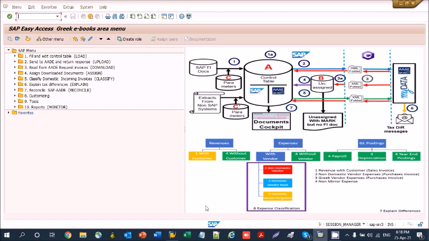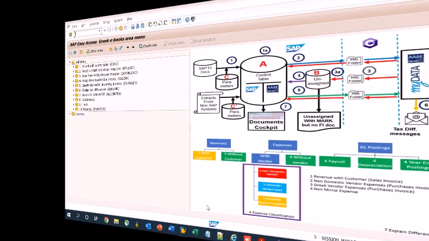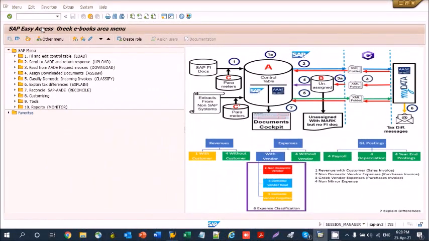First, we will post some data to the system and upload them to the Greek Tax Authority platform MyData. It is a good opportunity for all of you who are not familiar with the Hellenization postings to watch some details that are very important to the MyData e-books. We will start by sending outgoing sales invoices to the tax authorities. Outgoing sales invoices in most of the companies operating in Greece are posted using the sales and distribution module.